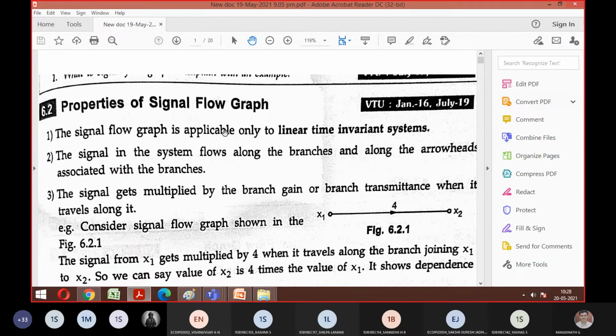Do you remember, everyone? What is the meaning of LTI system? I told you LTI stands for linear time invariant system. I hope everyone got what is the meaning of linear, correct? Now you need to know what is the meaning of time invariant system. As I said, in your Signals and Systems, module number 2 and module number 3 purely talk about LTI systems. So that is what you're going to learn in signals.